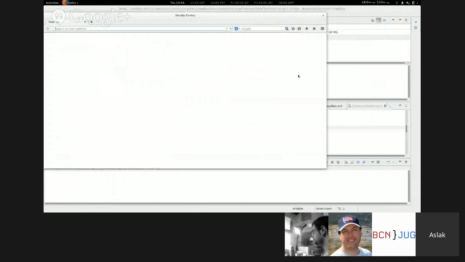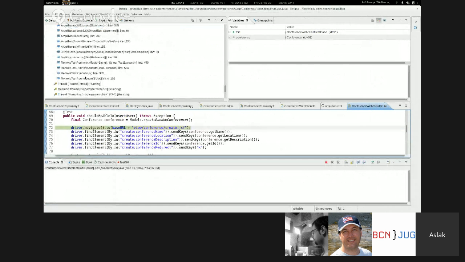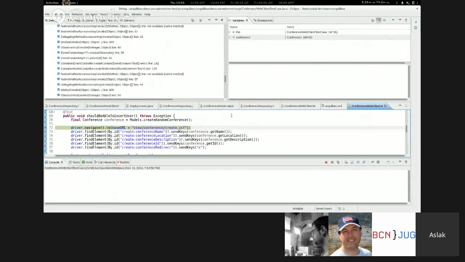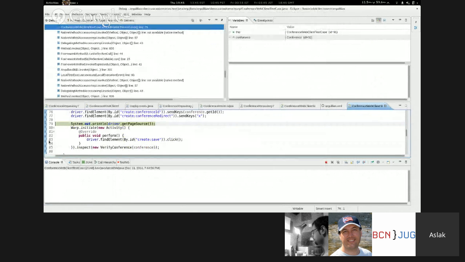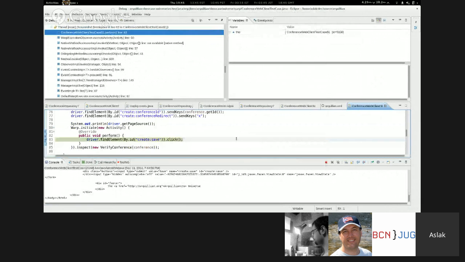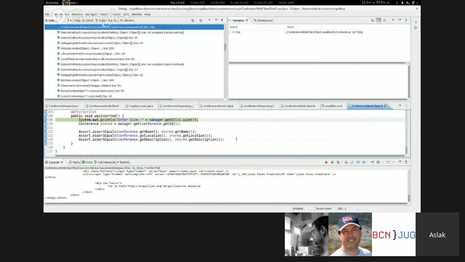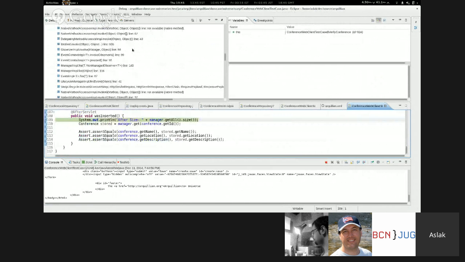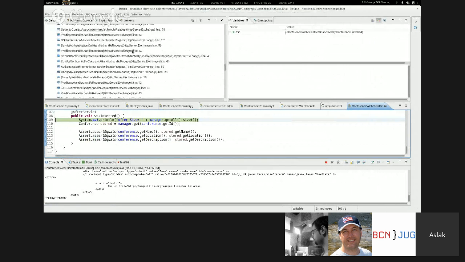So at this point, we're on the client side. We can see us coming in from the remote test runner in Eclipse. We can step through the different stages, basically insert a form, and then we're going to get into this place. It says when we're going to submit it, then we're going to do the verify conference step. Now, all of a sudden, we're over on the server side, coming in through this servlet